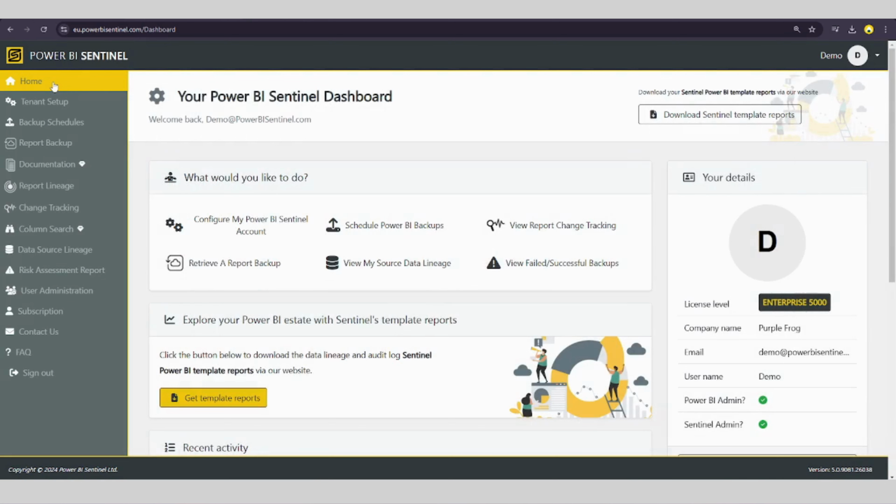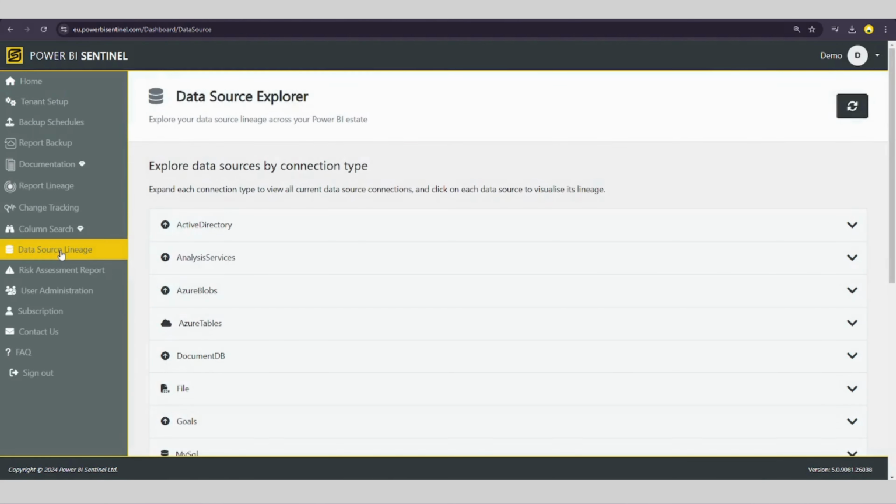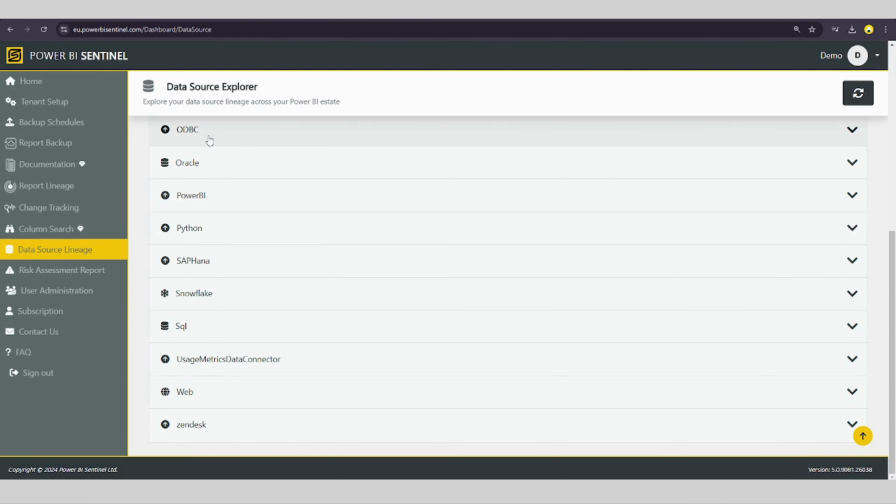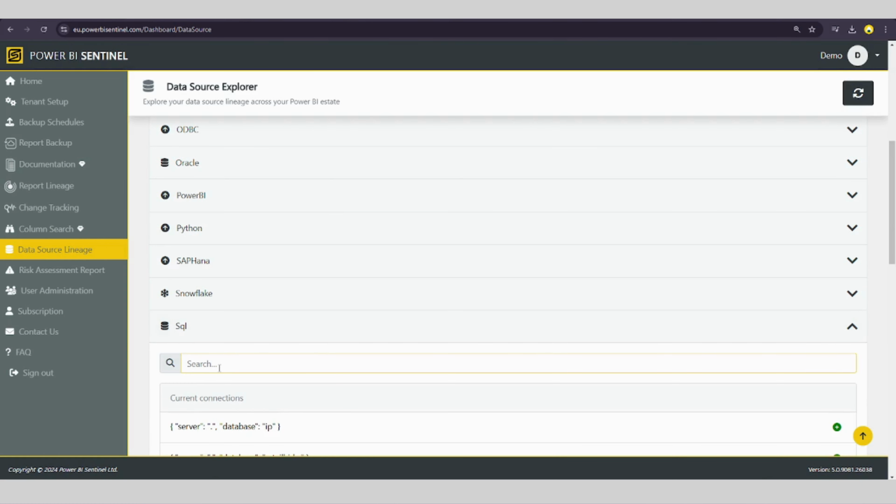The next feature that I'm going to show you here is the data source lineage view. We provide this data to you both on the portal and in the data model that we export to your Azure SQL database. The view of this data on the portal is much more visual. It provides you with a view of all of your data source types and how they feed through your Power BI reports and datasets. So here I'm going to select my SQL data sources